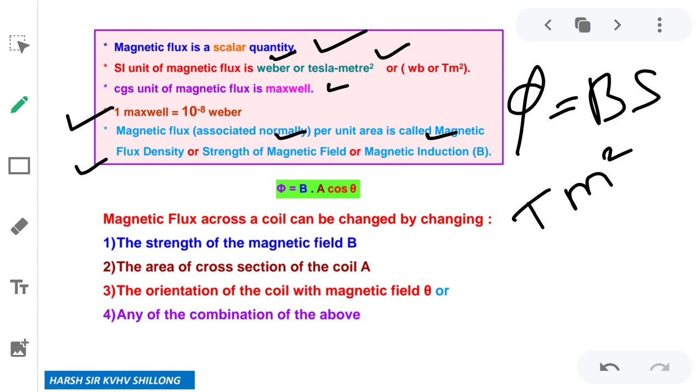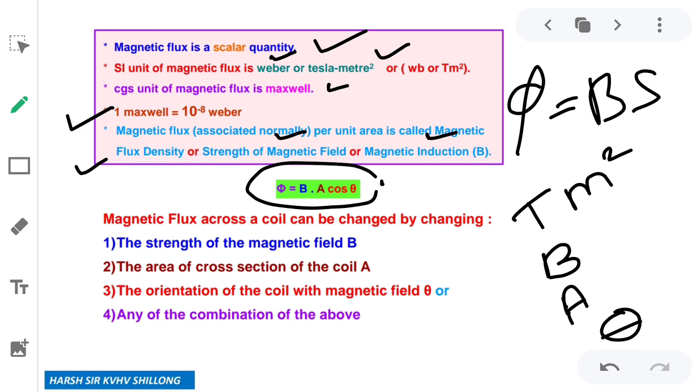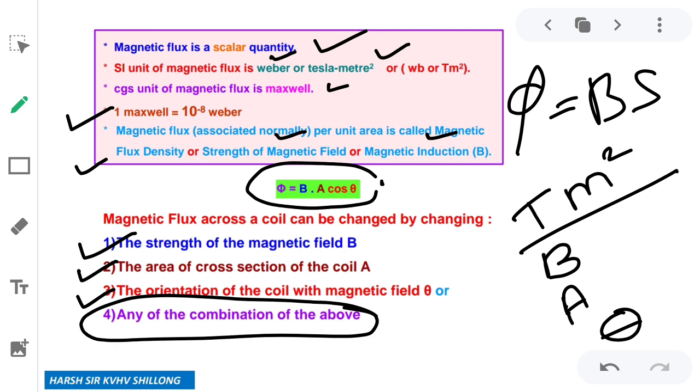Faraday's law depends on change in flux. So how can flux be changed? Let us understand that. We know the formula φ equal to BA cos θ. From the formula we can see flux depends on three parameters: B, A, and θ. By changing B, that is magnetic field intensity, we can change flux, the first point. By changing area, we can change the flux, the second point. By changing angle, that means orientation, we can change the flux, the third point. And the fourth point states that any two out of three can change the flux. Not necessarily only one parameter must change; more than one parameter can also change the flux.